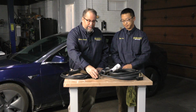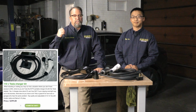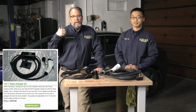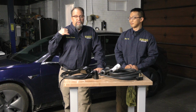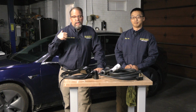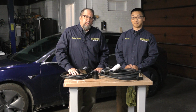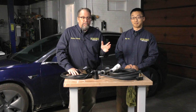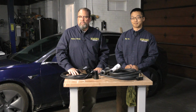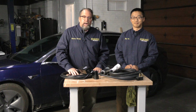And then we have a 110 volt kit, which I ran into a situation. I had packed the 240 volt kit and even brought a little adapter for a dryer plug. But it ended up that I couldn't get it all together. Now I wish I would have had the 110 volt because I was sitting still for 14 or 15 hours. It won't do a lot, but it will do about 2% an hour. So if you charge it overnight,